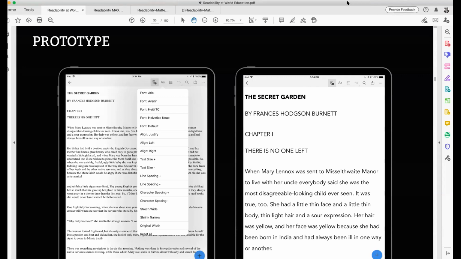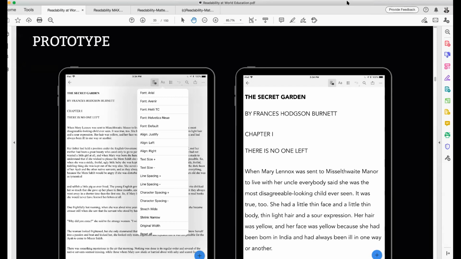But we don't just jump into things and build them and hope that they work. We generally start with prototypes. So what I'm showing you here are screenshots of the first prototype we built that incorporated Readability Matters theory. And we didn't mess around with a cool UI or anything like that. You can see that we just added controls for spacing and font and size of font. And we gave it to Readability Matters, and they went off and did a study in San Jose with about